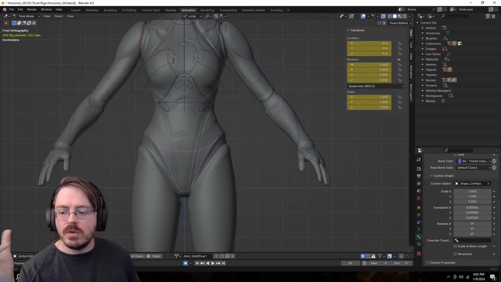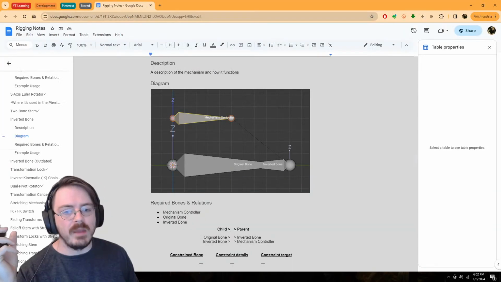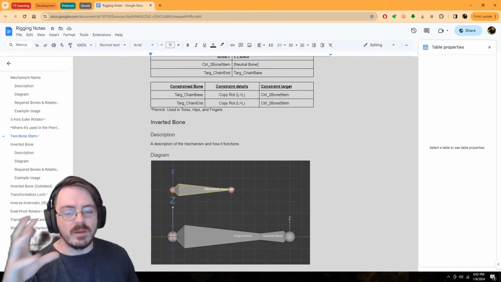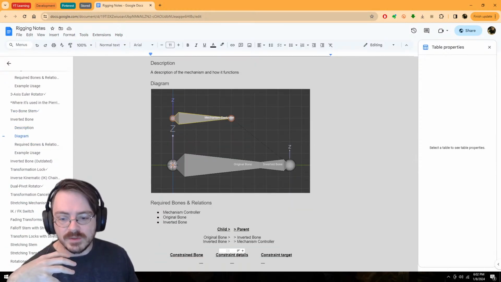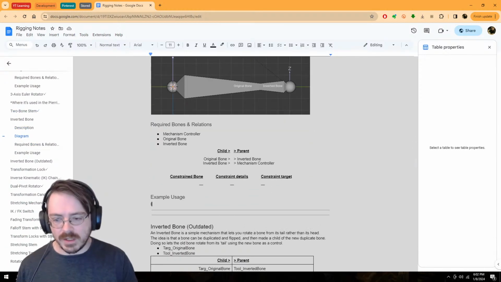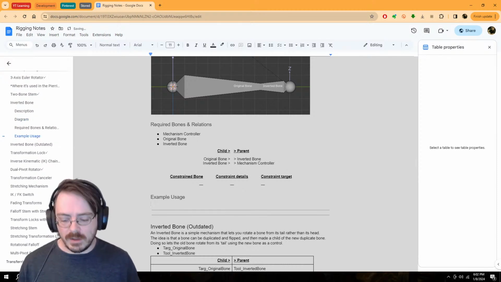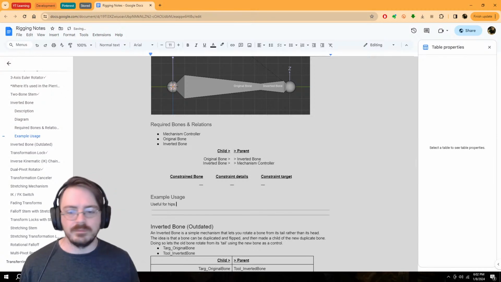So just going back to note taking in general, and how it applies to using this, here I'll say: useful for hips, and I'll expand on that later.